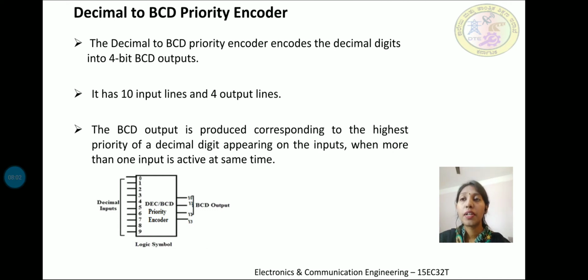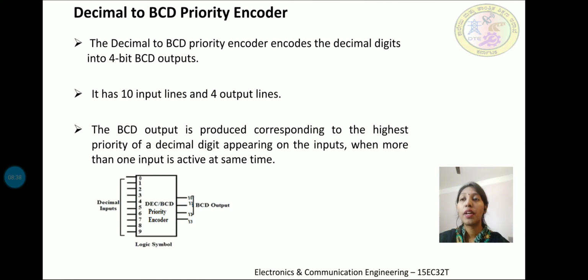Here the inputs are represented from 0 to 9, so the inputs can be represented as D0 to D9, corresponding to the 10 decimal digits from 0 to 9, and the outputs are represented as Y0, Y1, Y2 and Y3. D9 is the decimal digit with the highest number value. D9 is the highest priority input, and next to it in priority is D8, and then D7, D6, D5, D4, D3, D2, D1, and